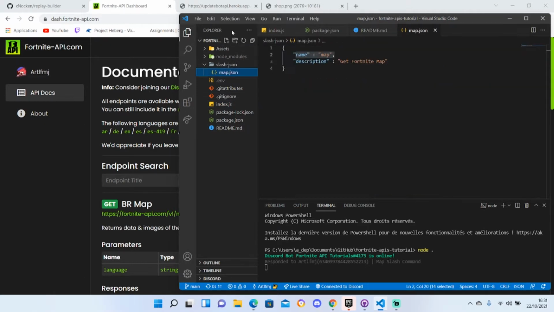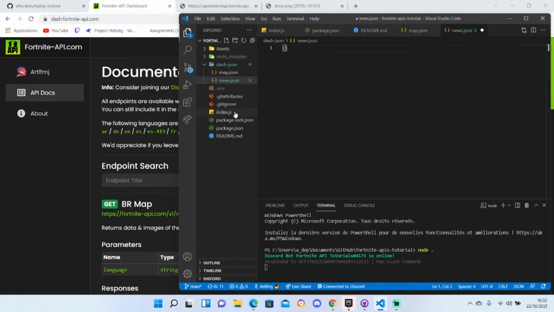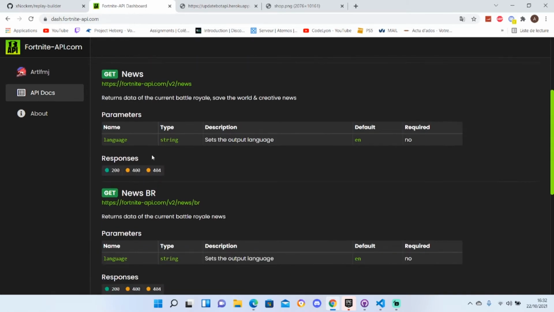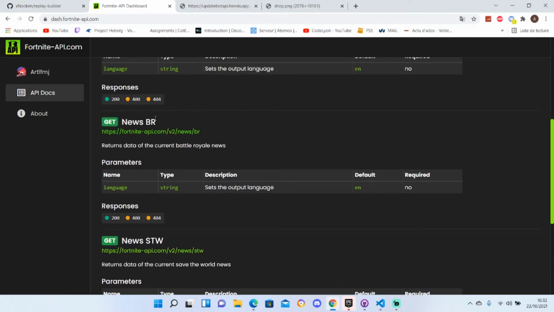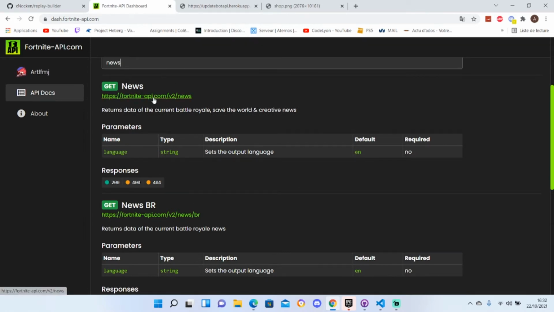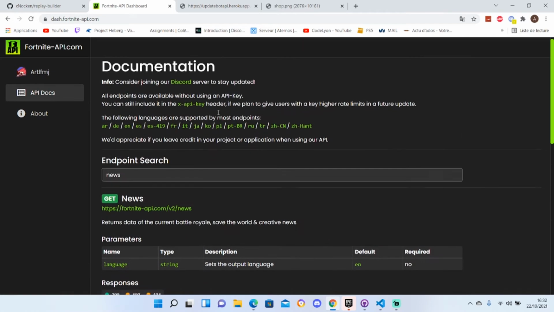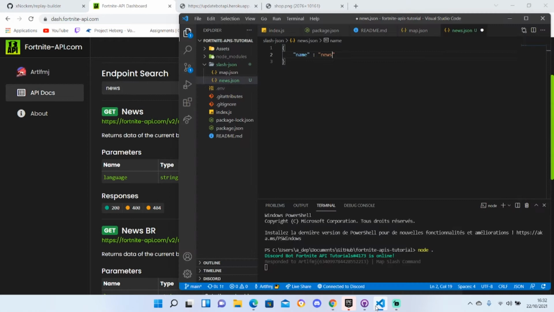What we're going to do is create a new slash command. So we're going to call it news.json. We're going to name it news. And for the moment, we're going to go here to the docs. I'm going to be using fortniteapi.com for the moment. So news. We're going to select create a menu to select either BR, save the world, or creative. So what we're going to do right now, you can add a description,